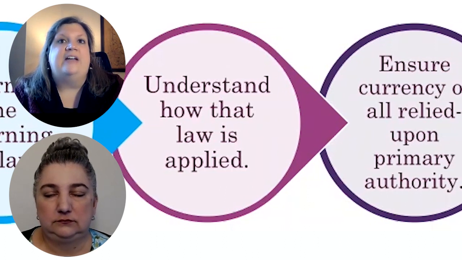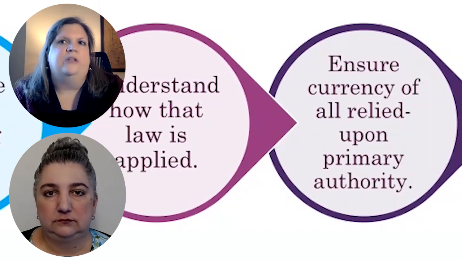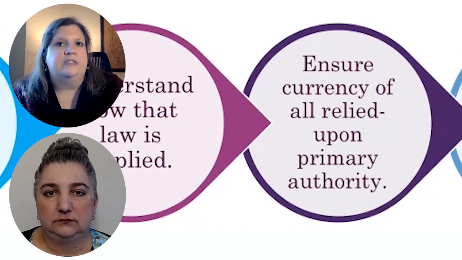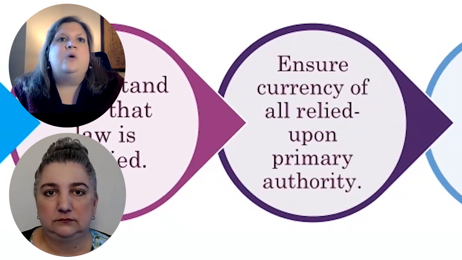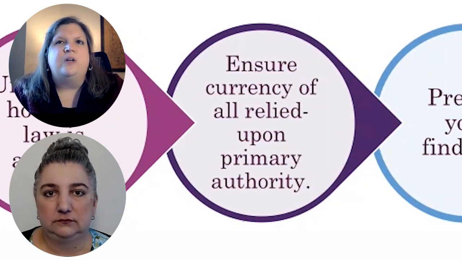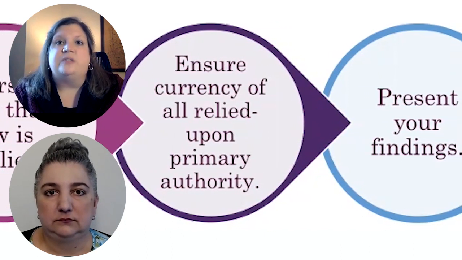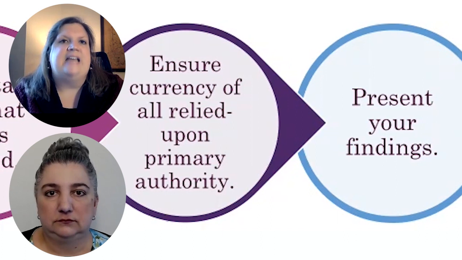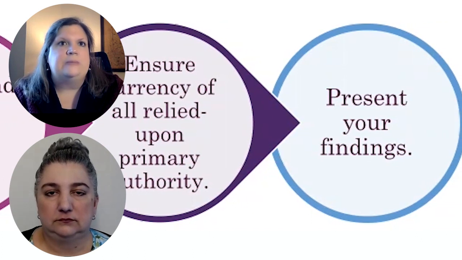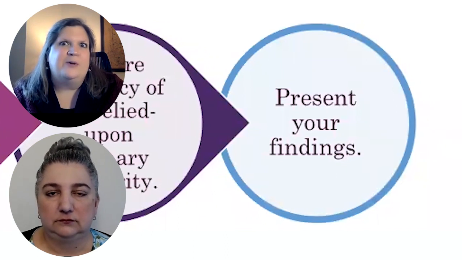You might also look at Treasury regulations and IRS publications, such as revenue rulings, to see how the agency interprets the tax statute as well. Once you're confident that you've found the laws that apply to your research question, it's important to ensure that there's still good law. In legal research, this typically entails using a citator, which will indicate any negative treatment for the statute or case. And then the big question we often get in legal research is when to stop researching, because